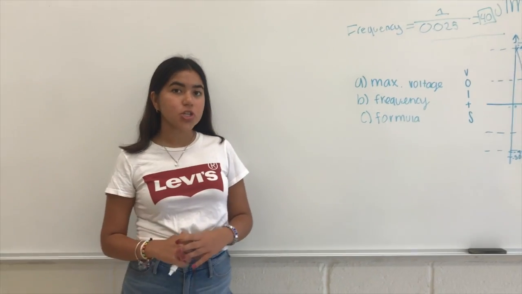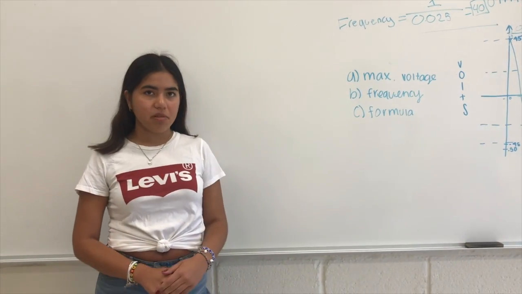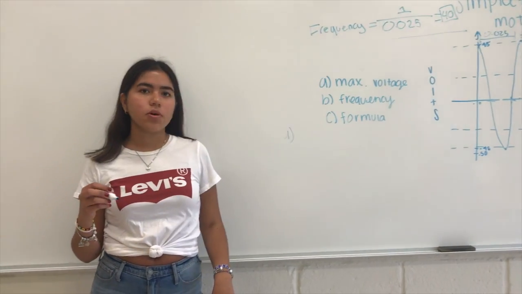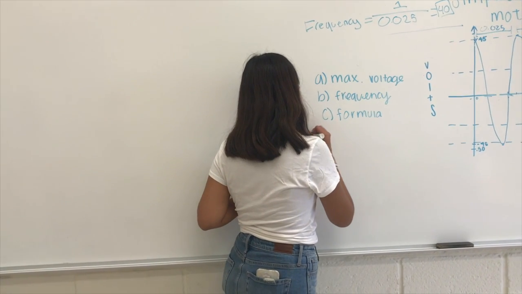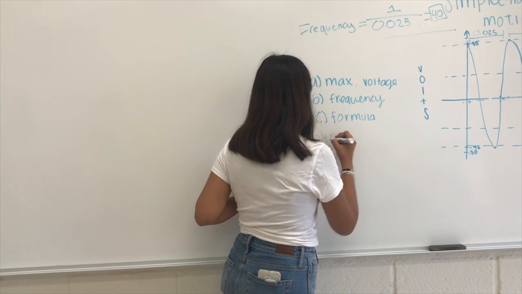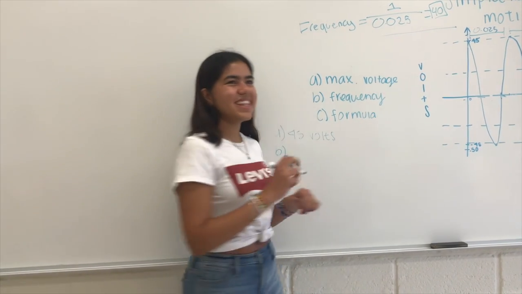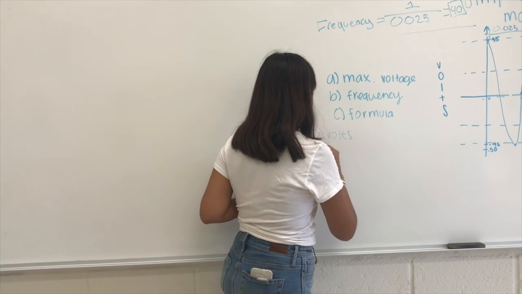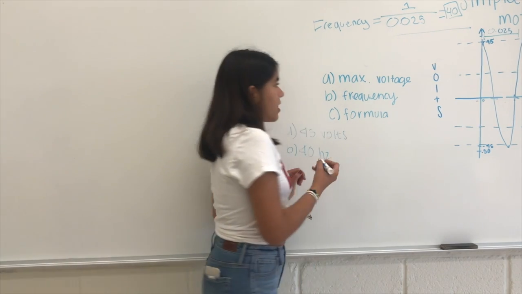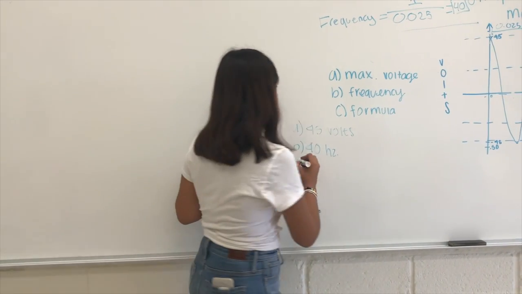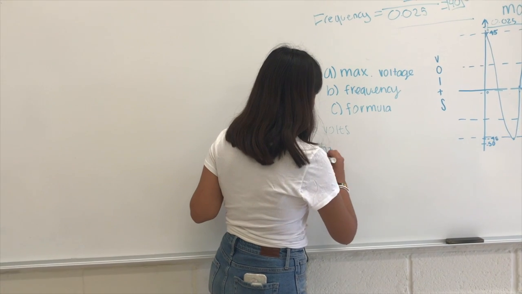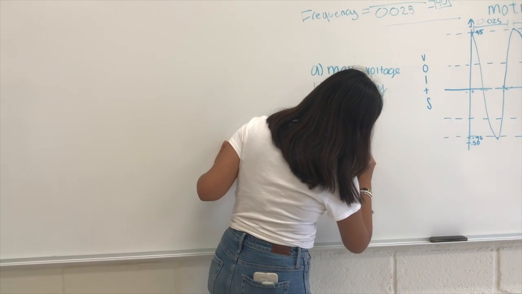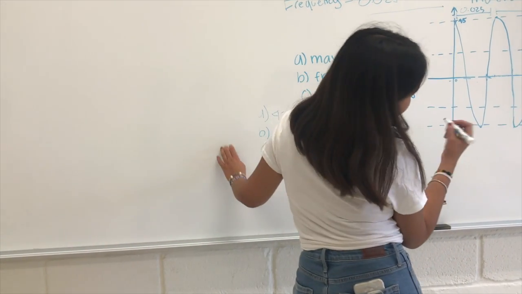So now, in conclusion, we're going to write the answer for each of the problems. First, letter A. Our maximum voltage is equal to 45 volts. Then, our frequency is equal to 40 Hertz. And last, our formula is x times time equals 45 times cosine times